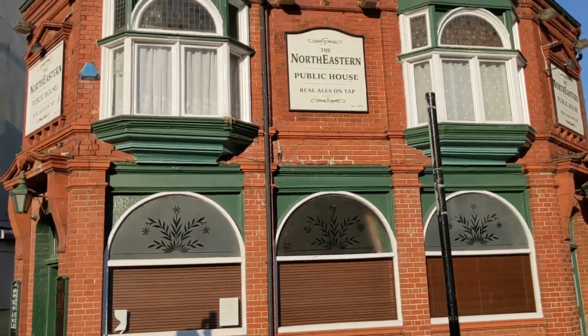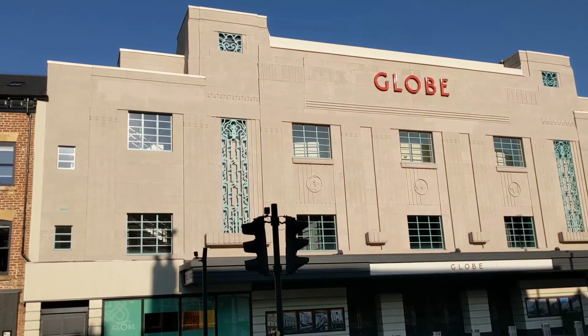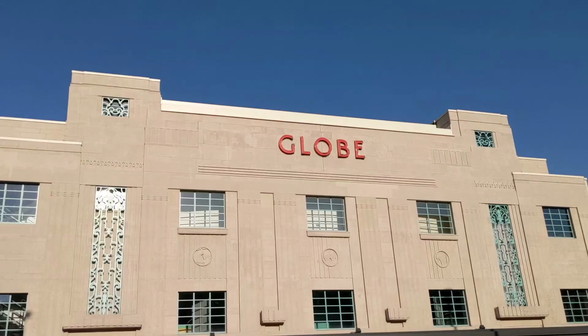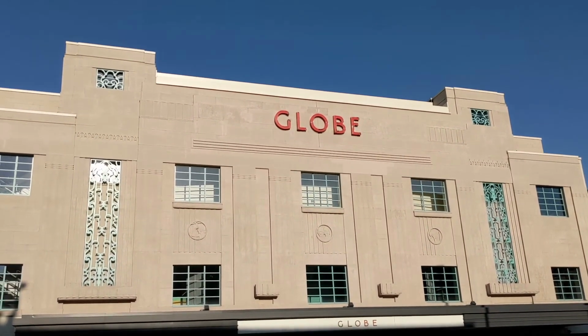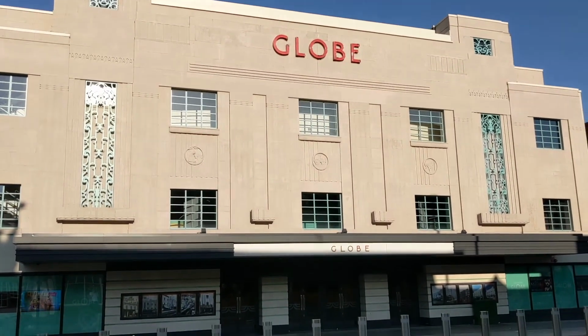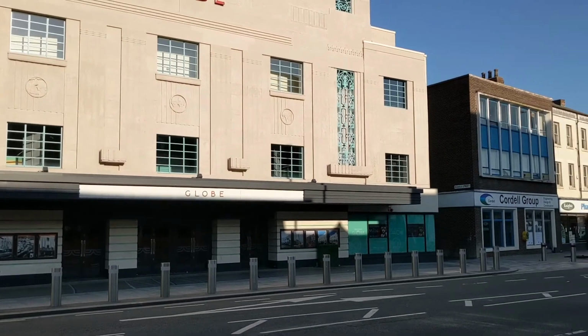The people of Stockton needed a place of fun to escape to after a day of graft, and so we see the second historic gem, the Stockton Globe. Built on the site of Teesside's first purpose-built cinema, the Art Deco Stockton Globe hosted the latest talk and pictures,